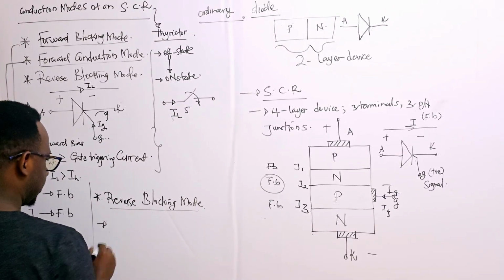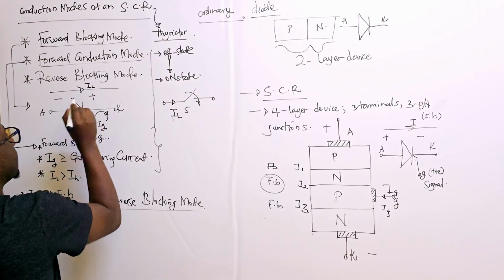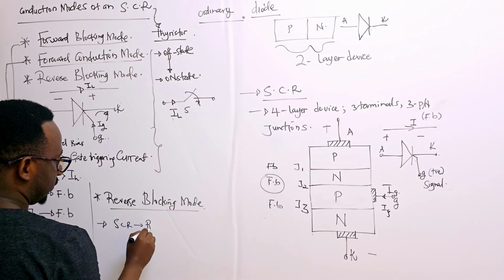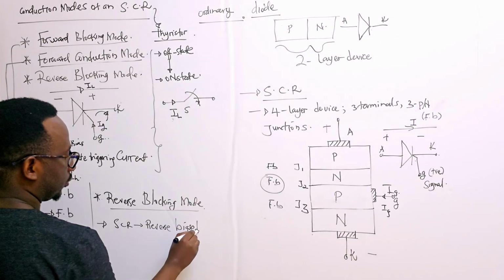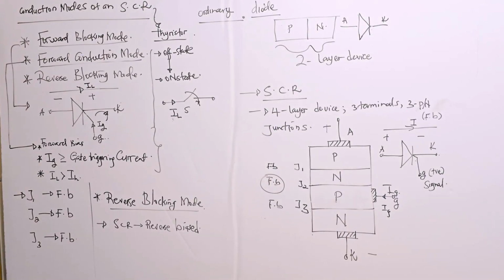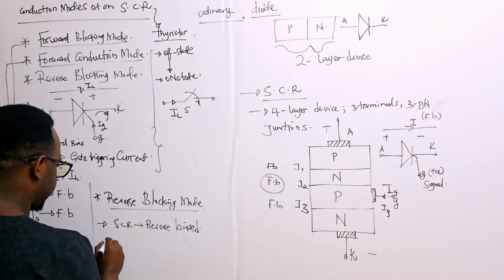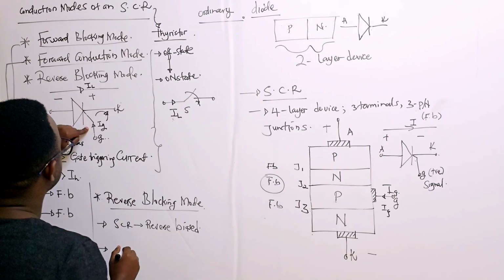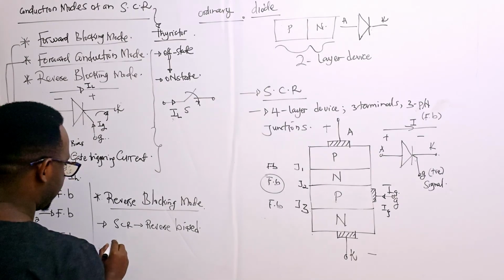What goes on in this mode? So first and foremost, the device now is reverse biased. The SCR is reverse. Here the SCR is reverse biased for starters. What's happening? So even if we apply a gate current, it won't matter, because what we'll end up with will be